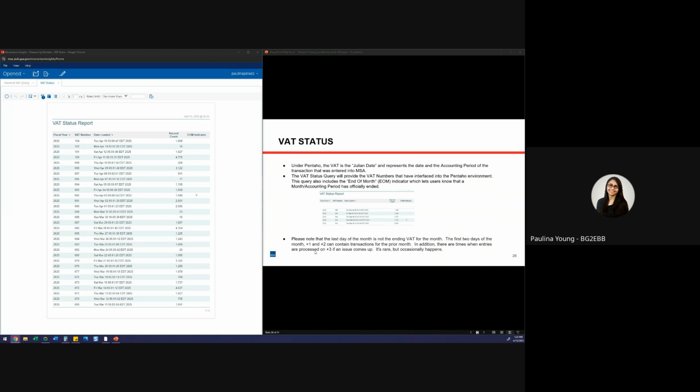So something to keep in mind regarding this specific report is that the last day of the month is not the ending VAT for that month. And the first 2 days of the month, +2 or +3, can contain transactions for the prior month, just because they were entered in the old accounting period, let's say April, but they were entered for March 31st, for example. So it does happen occasionally, so just keep that in mind. And this just provides you with your VAT numbers that have interfaced with the Pentaho environment. So it allows for, and includes, an end of month indicator as well. So you can see right here, yes. So this means that this was the end of month